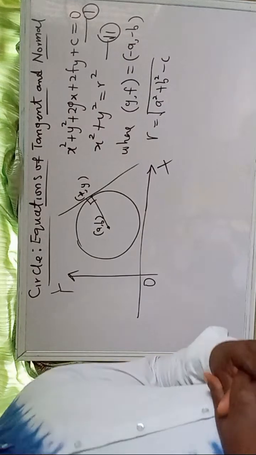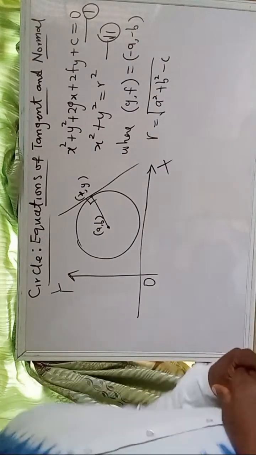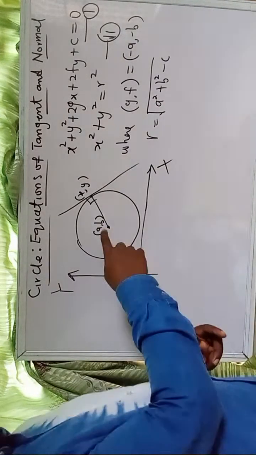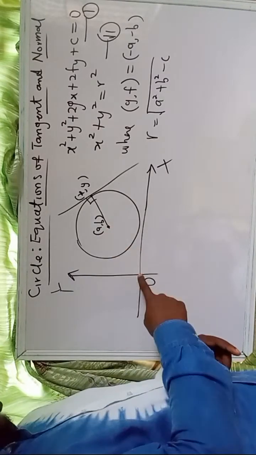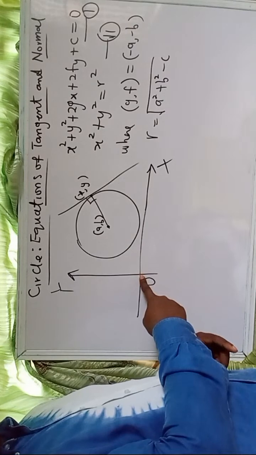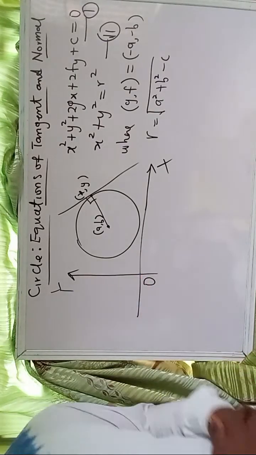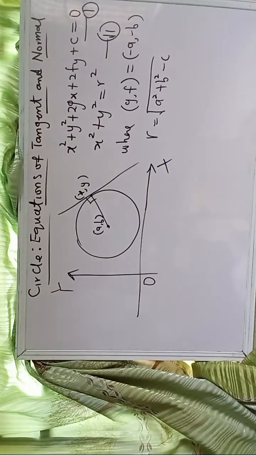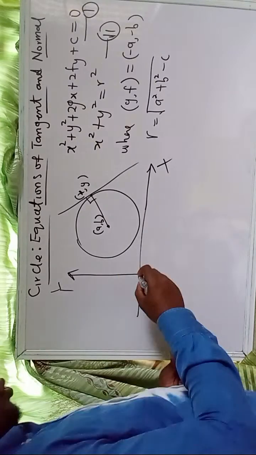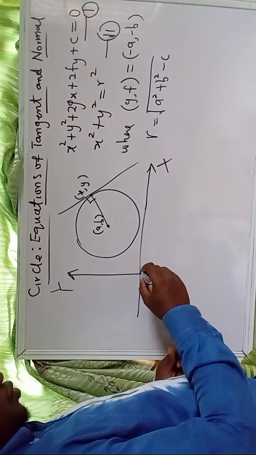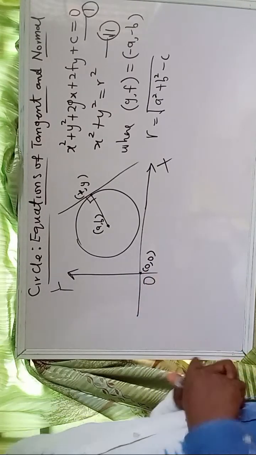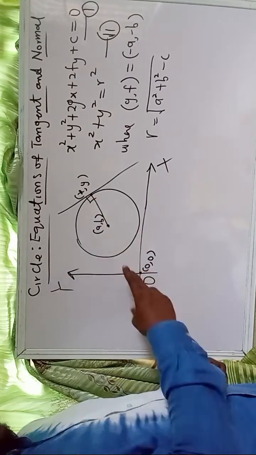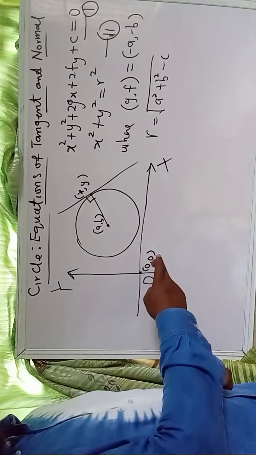And we said that if the center of the circle is moved to the origin O, where the coordinate of this origin is 0, 0, okay,